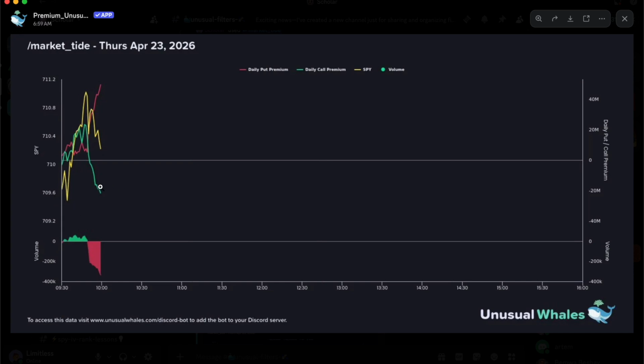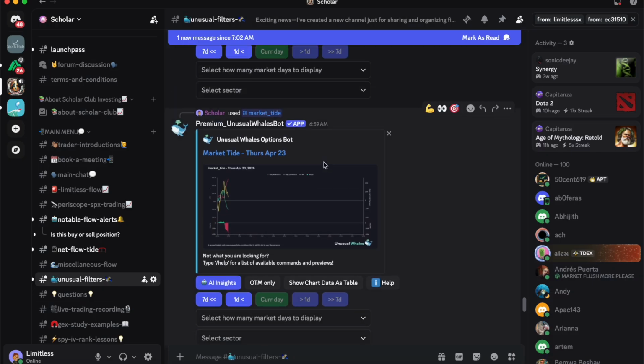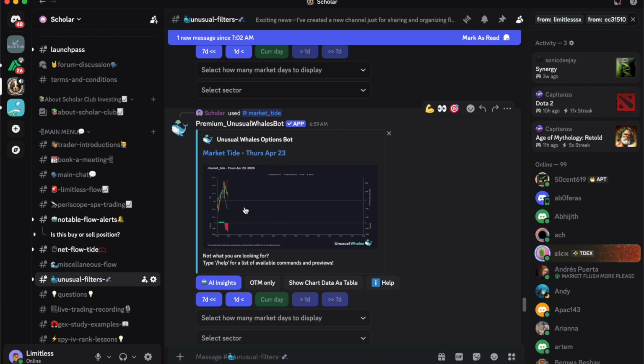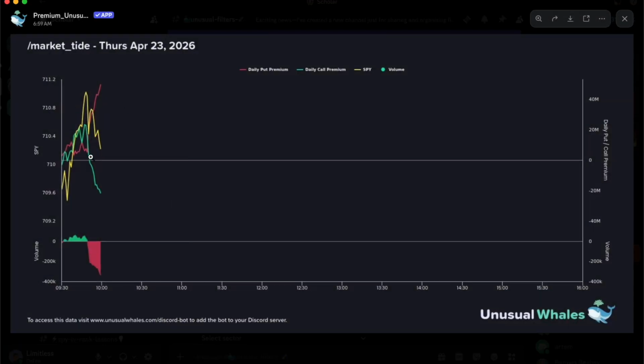One of the reformed approaches to trading that I use Unusual Whales to form is the relationship between data on an x-axis and a y-axis. So again, we looked at SPY, right? So let me just go over it. At 7 a.m. Pacific Standard Time, we looked at SPY and we pulled the market tide using the Unusual Whales bot. Once we pulled that market tide, we were able to see that traders were exiting calls at a faster rate than price was falling. We noticed that there was a gap between the positioning of traders and where price was actually positioned.